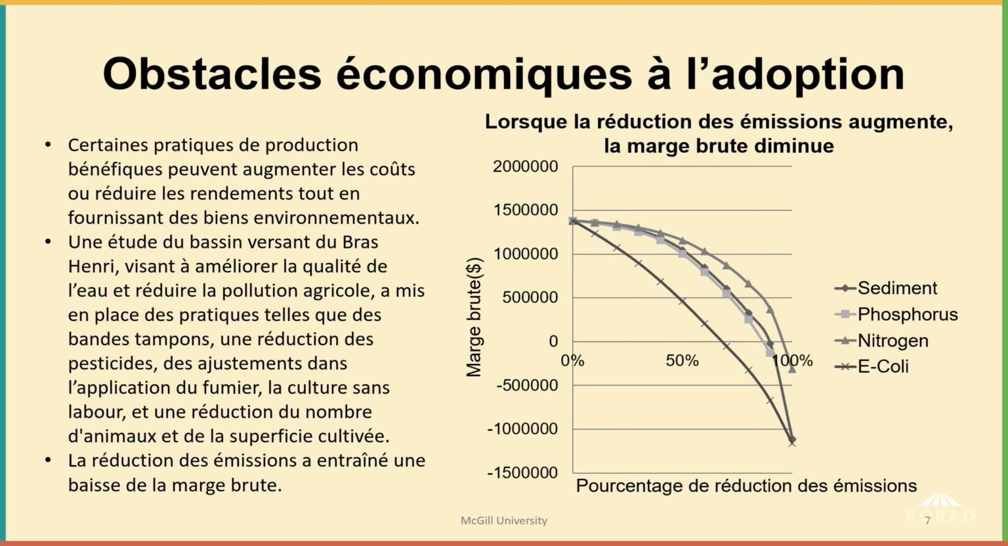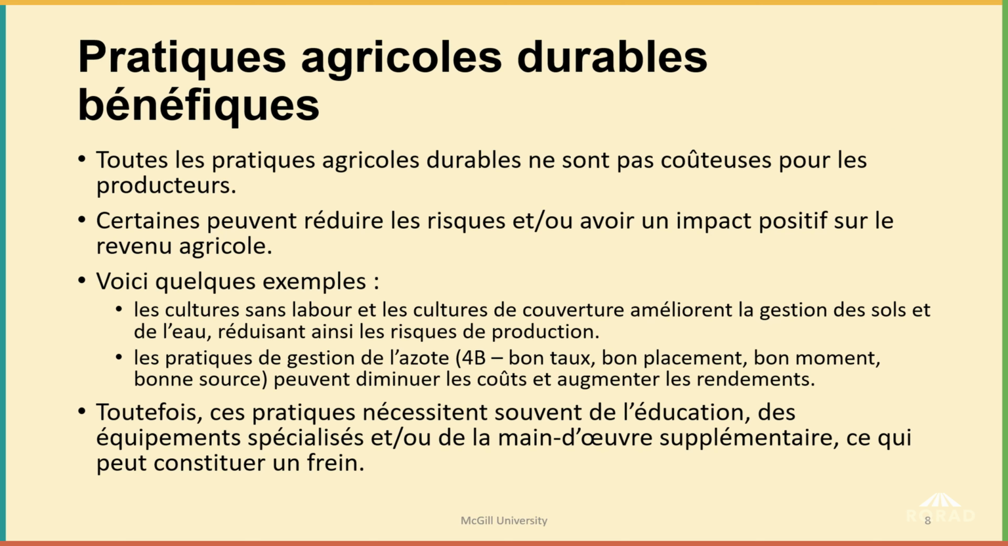And so the one thing that I want you to see out of this is that as you decrease the emissions, you decrease the amount of the gross margin going to the watershed. So that means farmers are actually absorbing the cost of that increased environmental benefit. Again, but we also have to think about some of the positive sides to